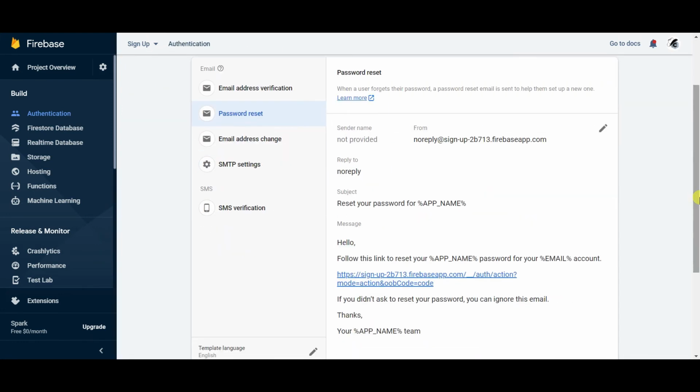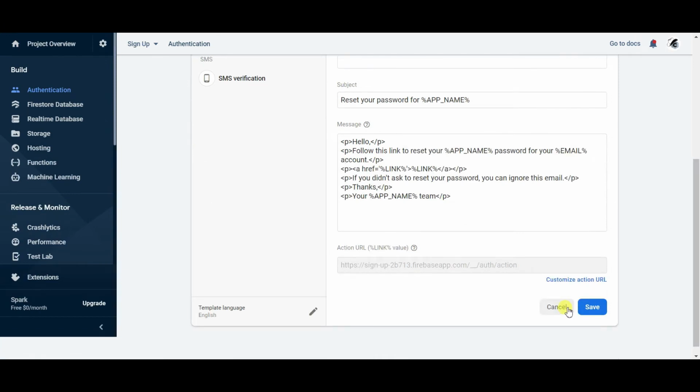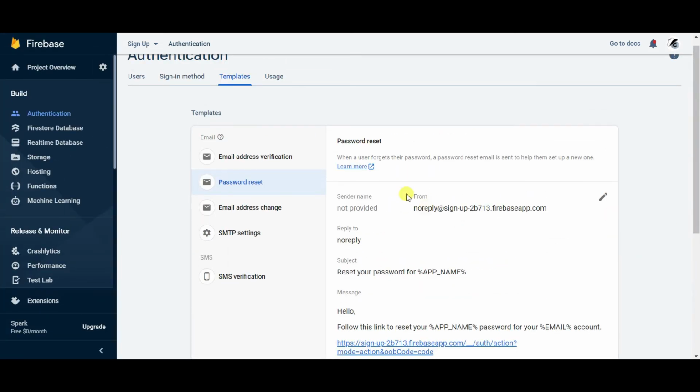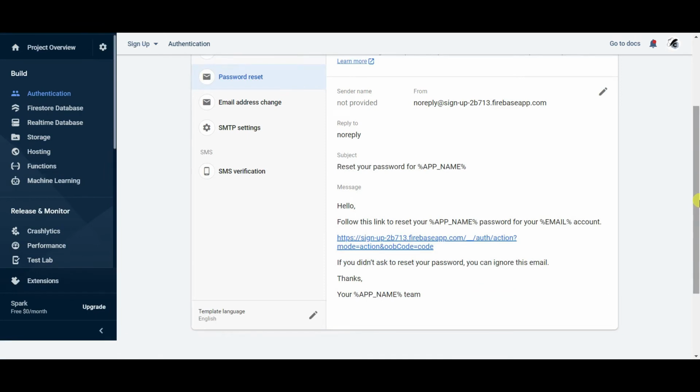You can edit all the things here, like from which mail ID you want to send. You can see from which mail ID you have received this, so you can edit that mail ID. You can also edit the message which you get.